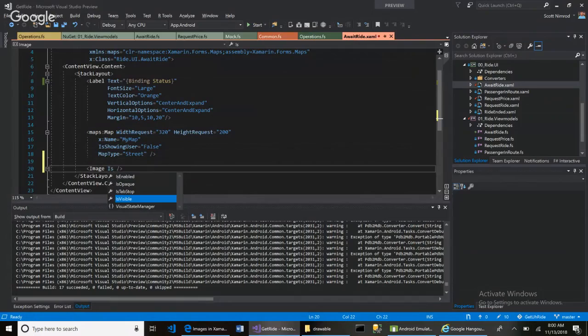I wish there was a different state for like hidden or something. I just call it is visible, say false for right now. But actually, it's not going to be false. I should probably say that is visible is going to be bound to image